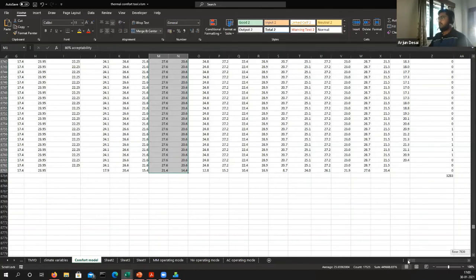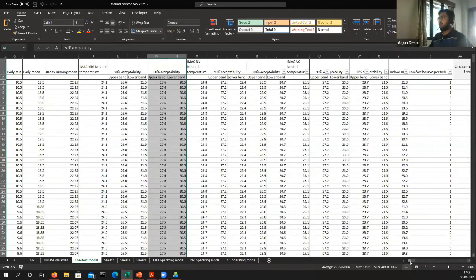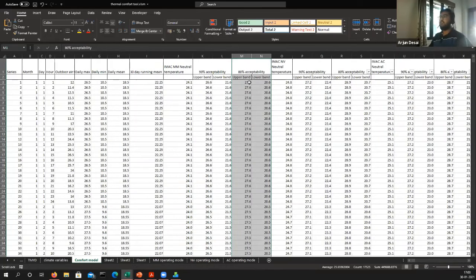If you want to calculate thermal comfort, or the number of comfortable hours in each space, you need to calculate the 30-day running mean for each of your spaces or locations. The 30-day running mean you can calculate by using an hourly outdoor weather file. From the 30-day running mean, using the equations of the HVAC, you can calculate the neutral temperature and